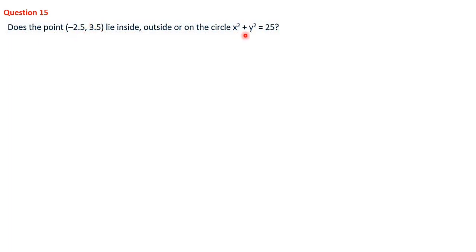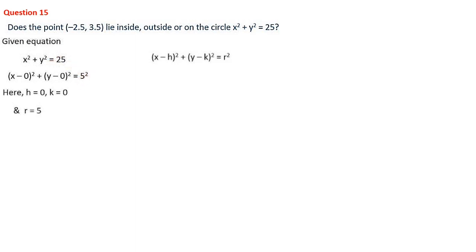So the given equation of the circle is x squared plus y squared equals 25. This is not in standard form. Our standard form of the equation is (x minus h) the whole squared plus (y minus k) the whole squared equals r squared. So we have to change it into that format. We can write it as (x minus 0) the whole squared plus (y minus 0) the whole squared equals 25. We can write 25 as 5 squared because we need r squared.